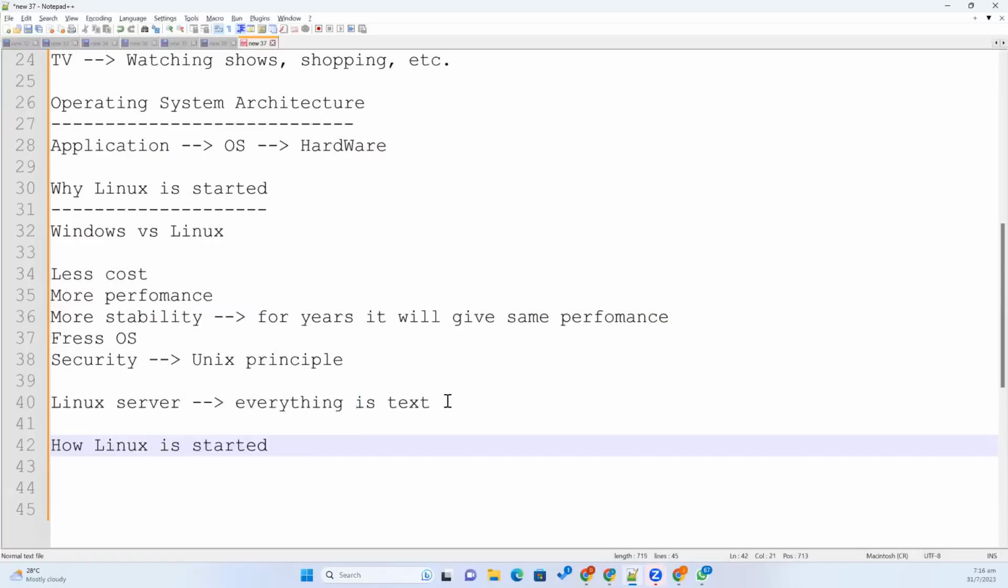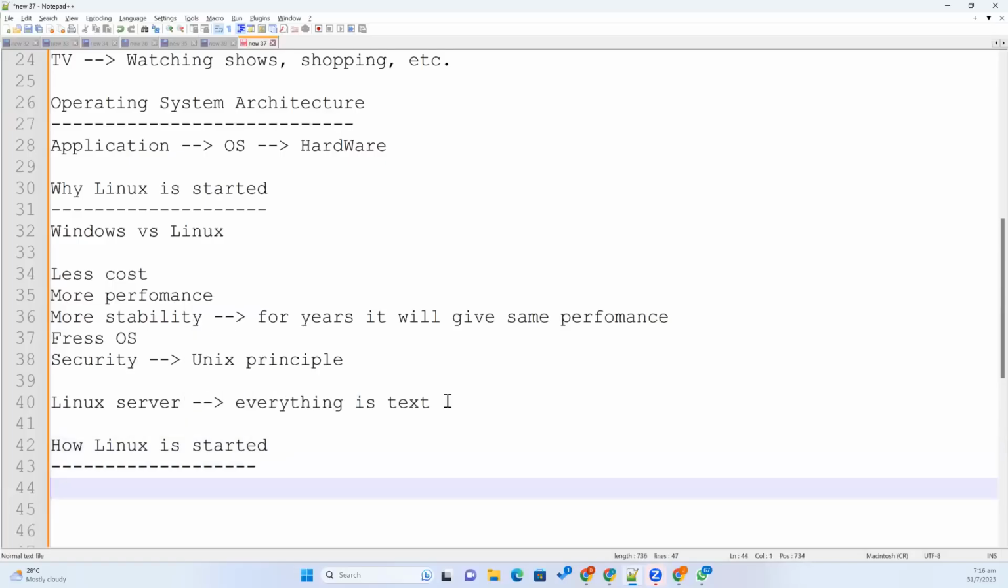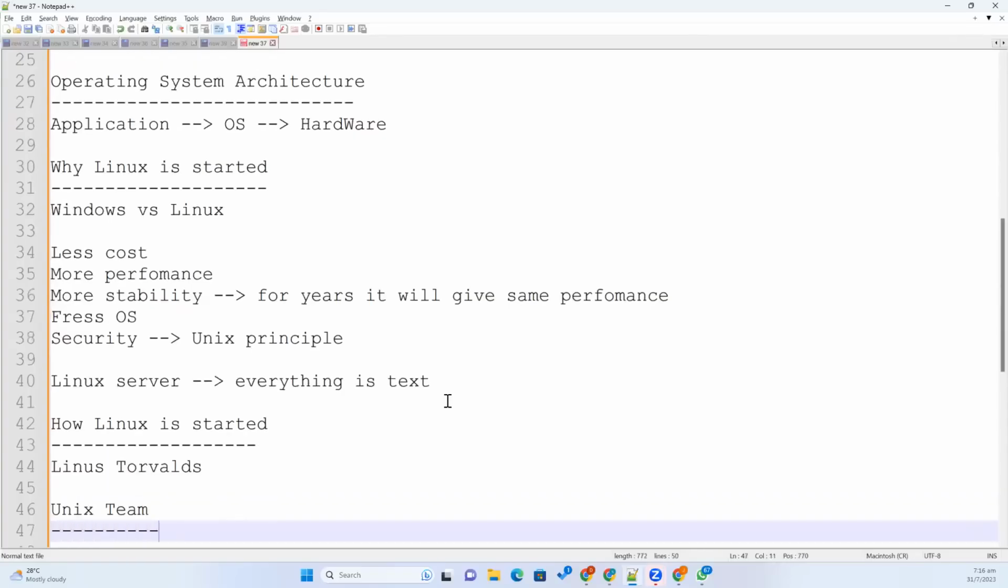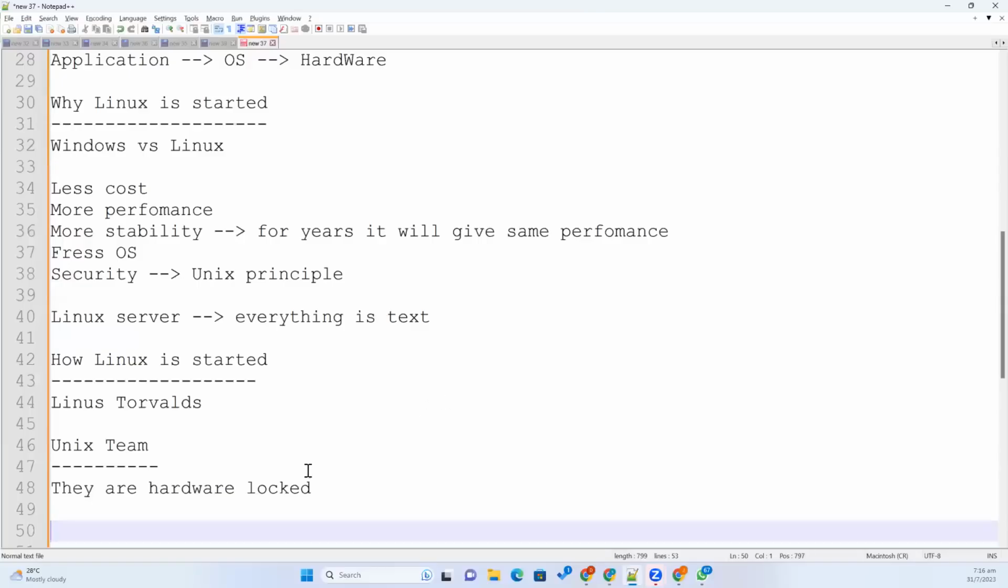So when it is started, how it is started, a simple story. There is a guy called Linus Torvalds. He is working in the Unix team. And Unix has some different disadvantages. That is, Unix and Mac OS are hardware locked. So we cannot install Mac OS in our Dell laptops or HP laptops, because Mac OS is locked with their